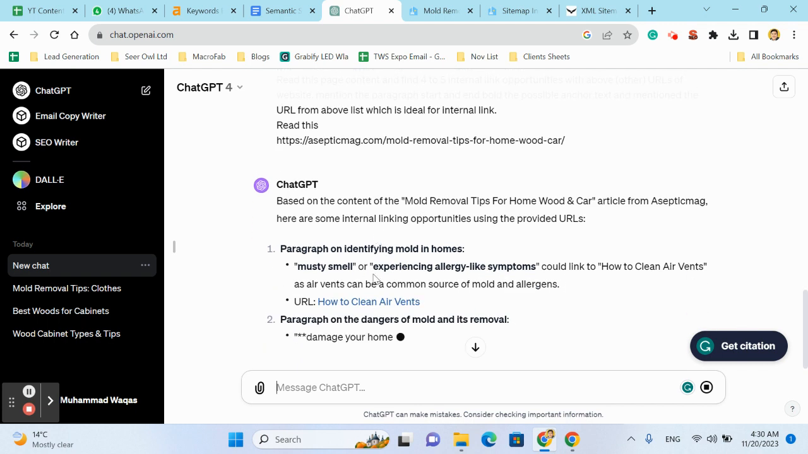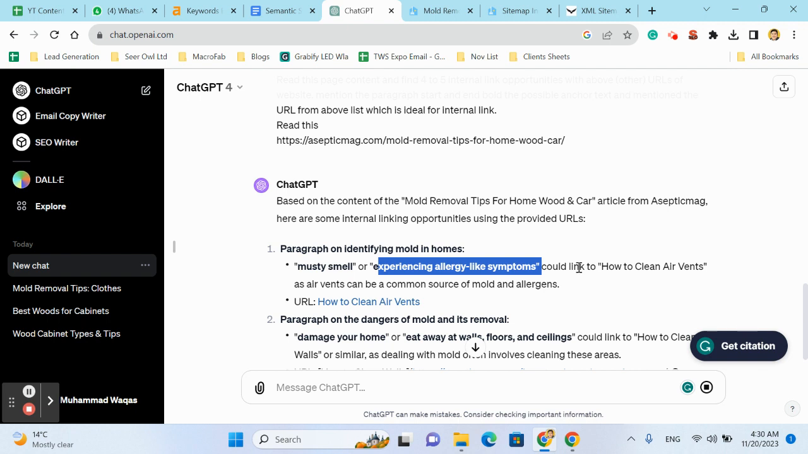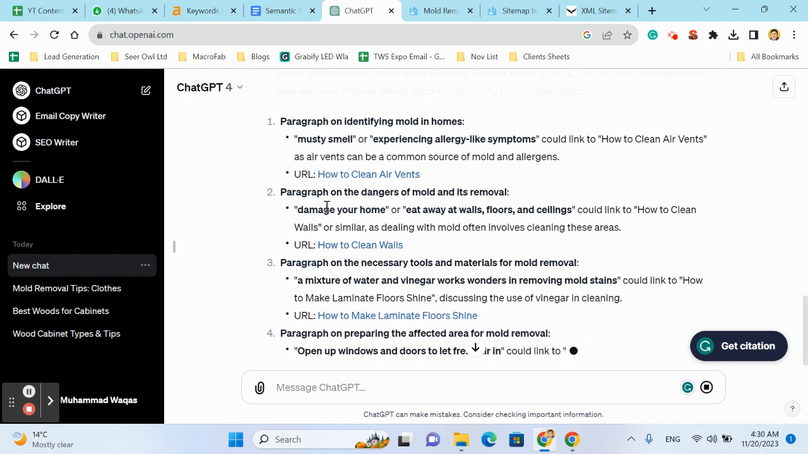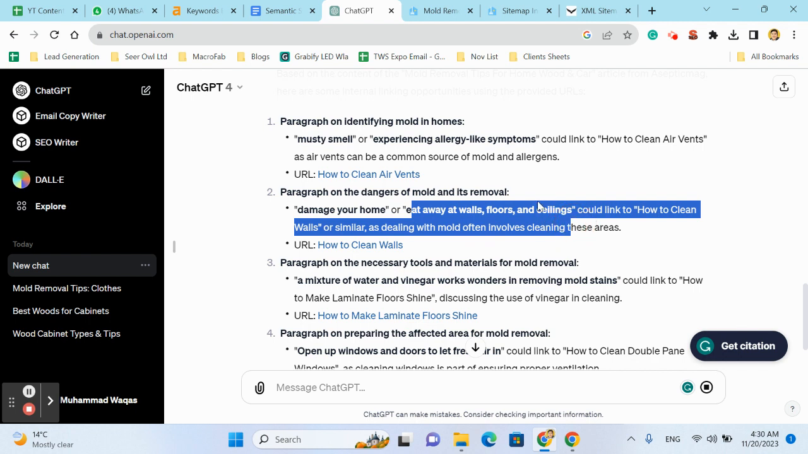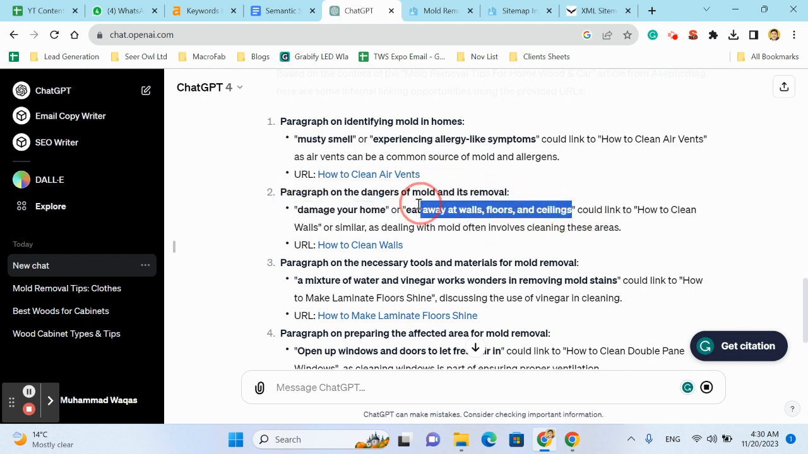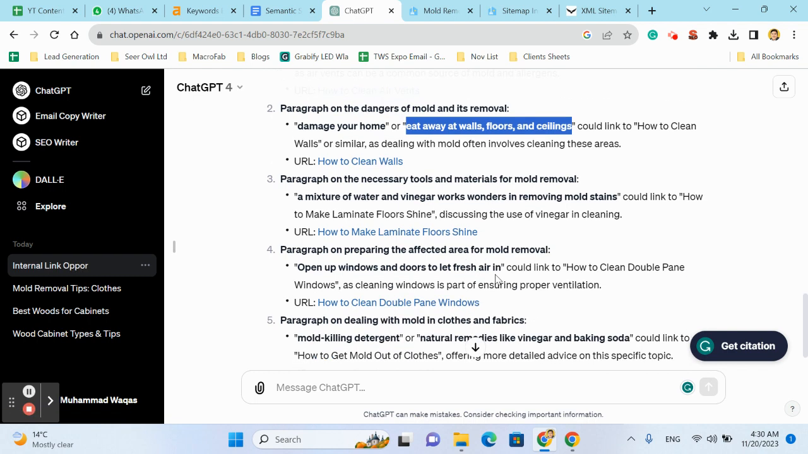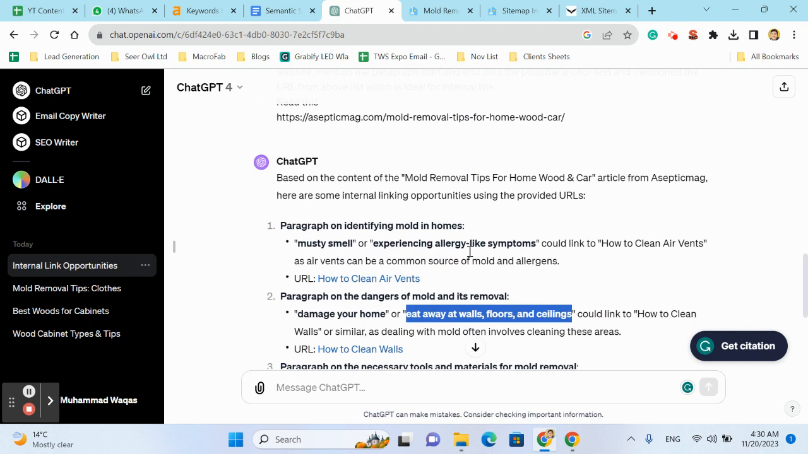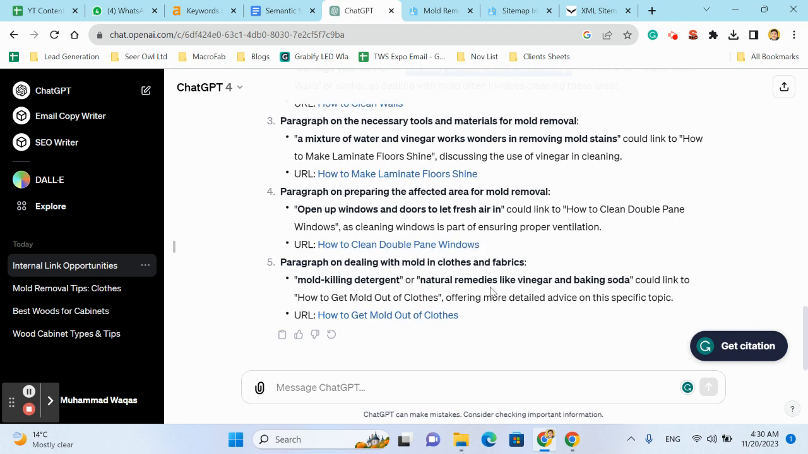We can integrate "burst, smelly or experiencing allergy-like symptoms" and link to this article, how to clean earbuds. And "damage your home, eat away at wall, floors and ceilings." We can interlink this anchor text with this page. So here we have 3 to 5 internal link opportunities, which is based on